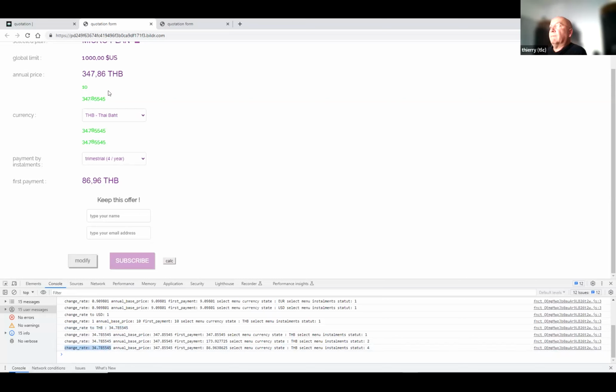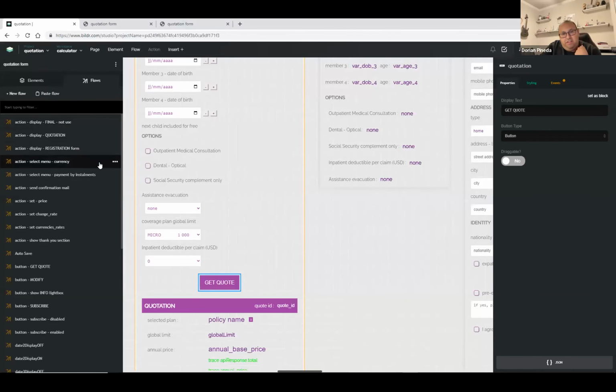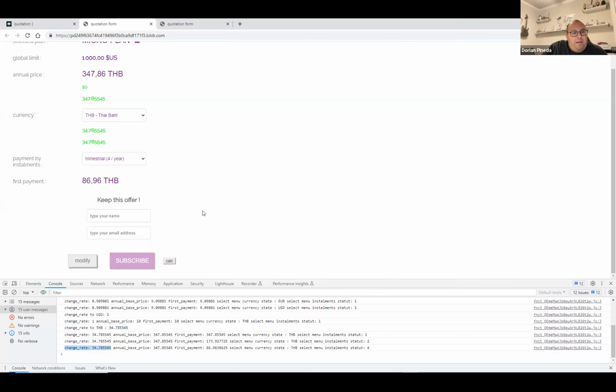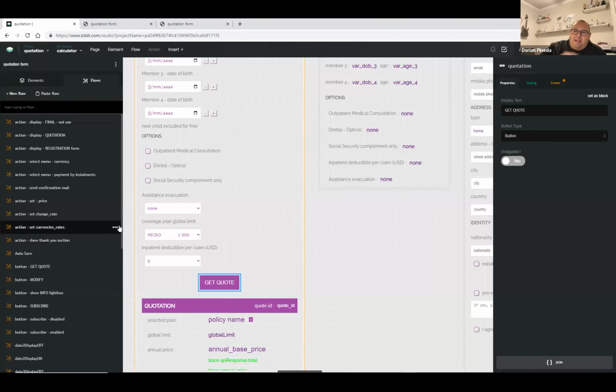Okay. Yeah, I had one question on the currency. When you toggle the currency, where does it get the rate from? Is that going out to an API? The new rate, or is it just hard coded? No. First of all, when